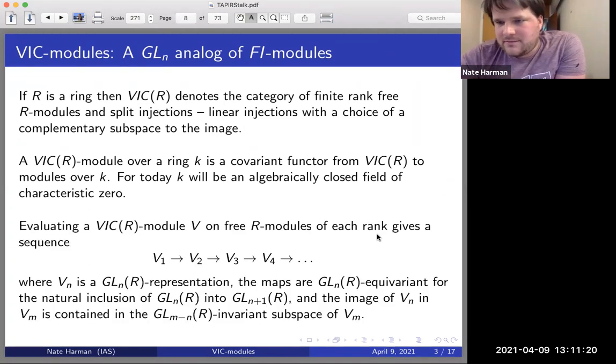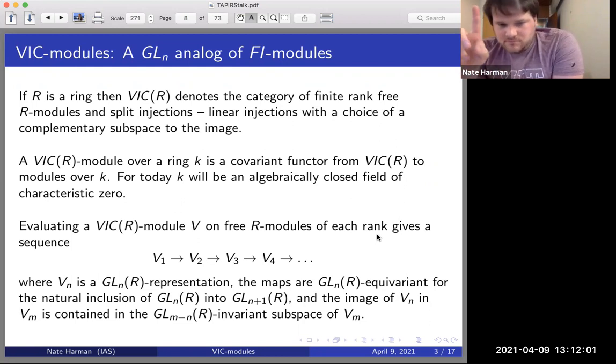So concretely, just like for FI modules, we have this definition in terms of functors from some category into vector spaces or modules. But in terms of representation theory, that's not always the nicest way to think about it. A better way for my purposes is to think of it as a sequence of representations V1, V2, V3, and so on, where Vn is a representation of GL_n(R) over our field K. And the maps,